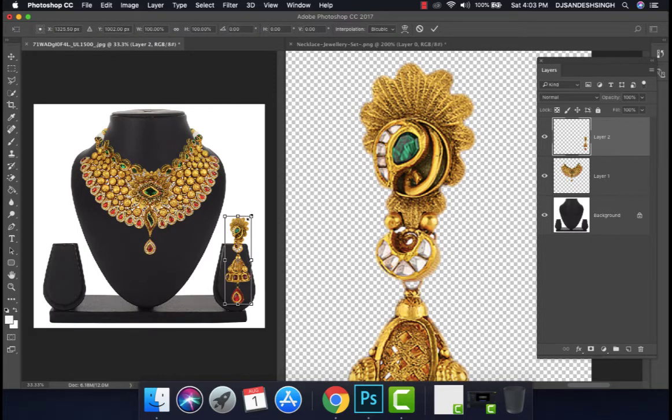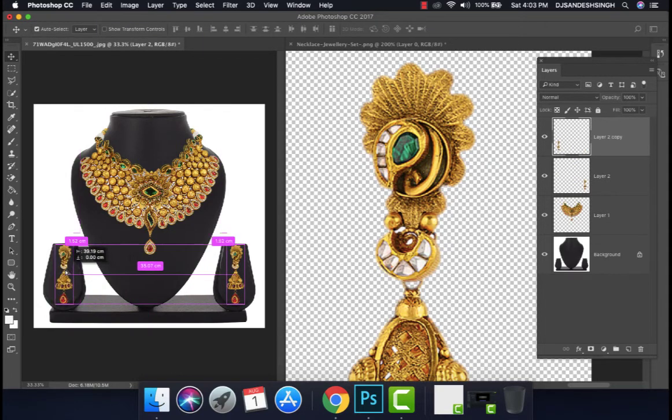Now we have to make the transform perfect. For the transform, again I repeat, Control T, or you can go to Edit, Free Transform. So move it aside, and then use the arrow keys for precise movement over there. Then press Alt and drag to get a copy of this, proportionally.